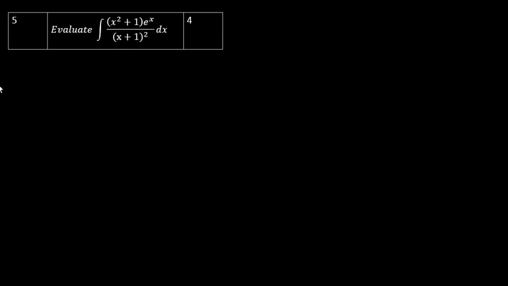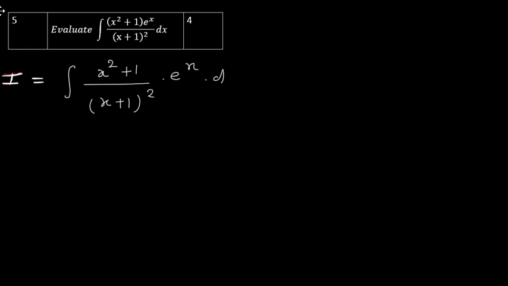Now the fifth problem is I is equals to integration of (x square plus 1) whole divided by (x plus 1) the whole square into e power x dx. Okay. Now let us first discuss the concept, what we should do when e power x is involved, or is there any formula. Okay. So we know that